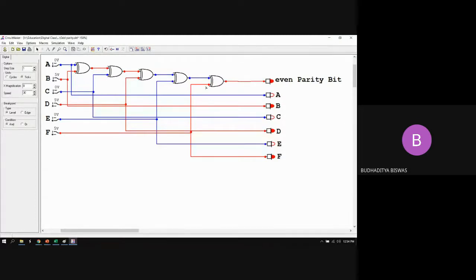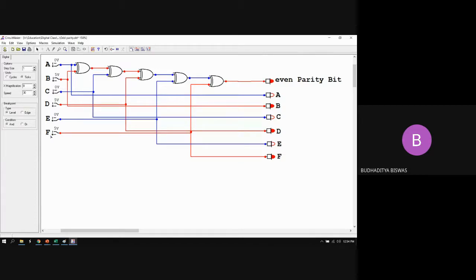As this is the even parity generator, it always makes the total number of 1s even. So when I send the data to the receiving end station, I say that I send odd parity, and the receiving end knows that odd parity will always come. Otherwise, if I don't generate the extra bit and only transmit the data, then sometimes I need to say odd parity is there, sometimes even parity, because this is not in our hand. Data value may contain even parity or odd parity.